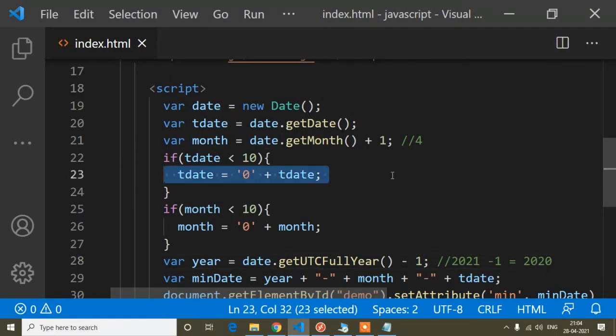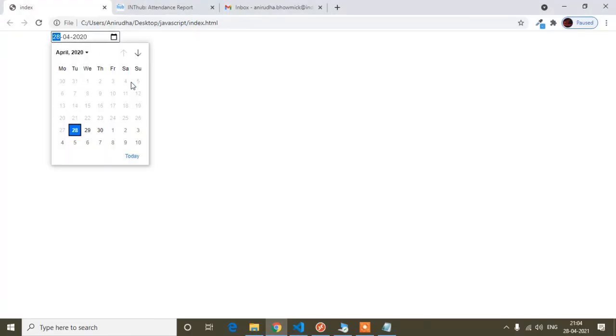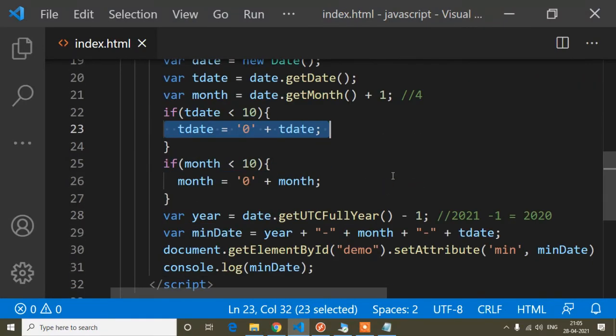It's an April date, so that's why it's coming up to April 28. So in the same way you can minus or plus the date, you can also add or minus the month, according to you. It depends on you, whatever you want to restrict.